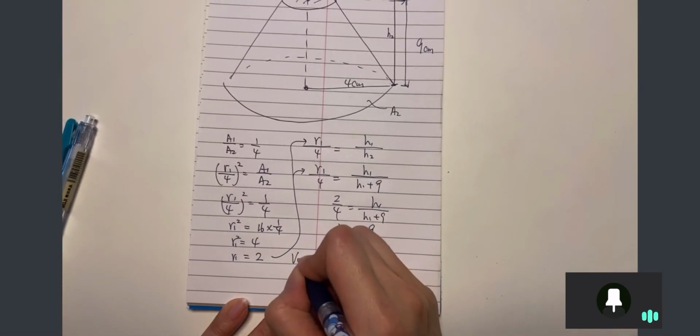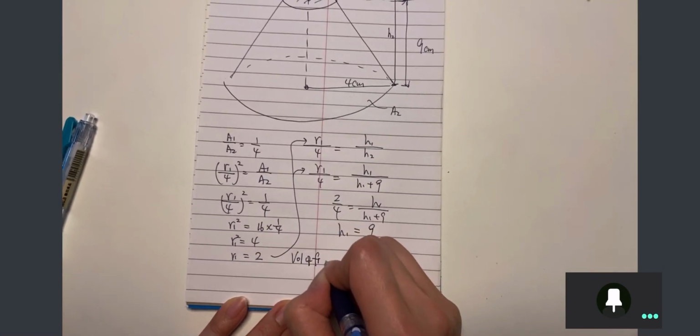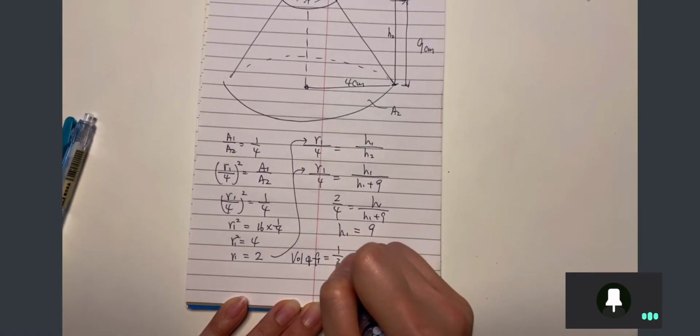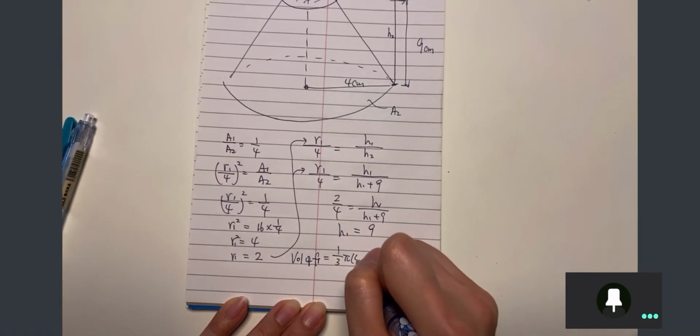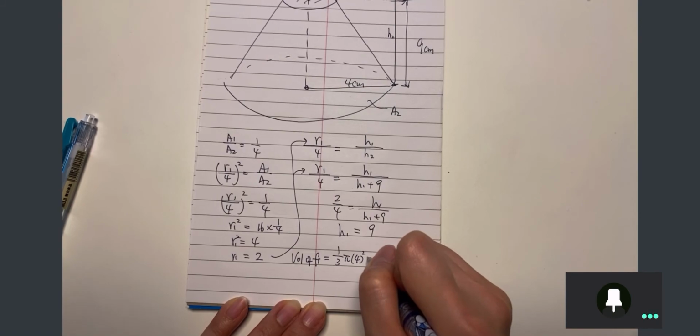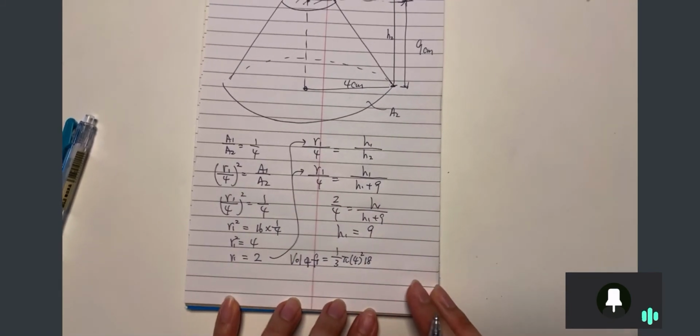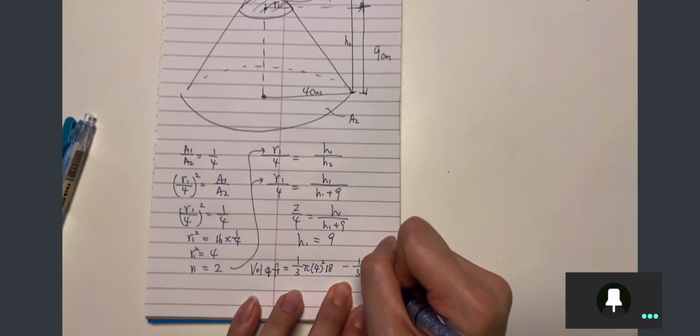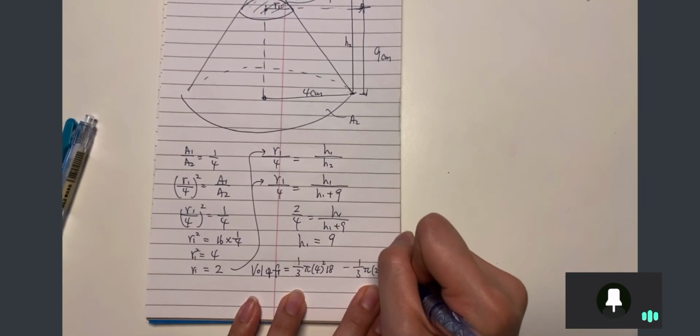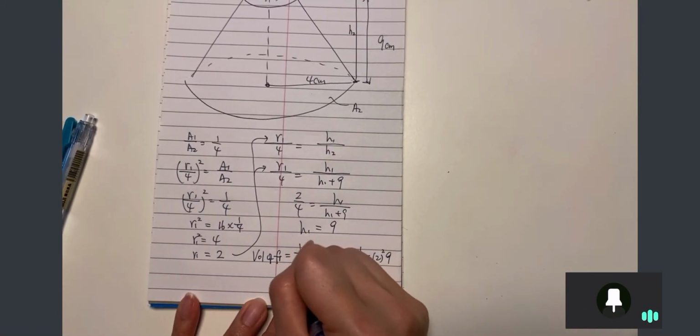Volume is pi r squared times the overall h, it is the big one, minus pi r squared times h, which is the small one. Therefore, you can have 84 pi